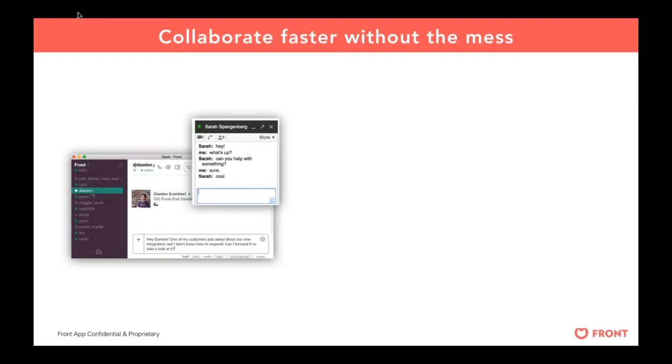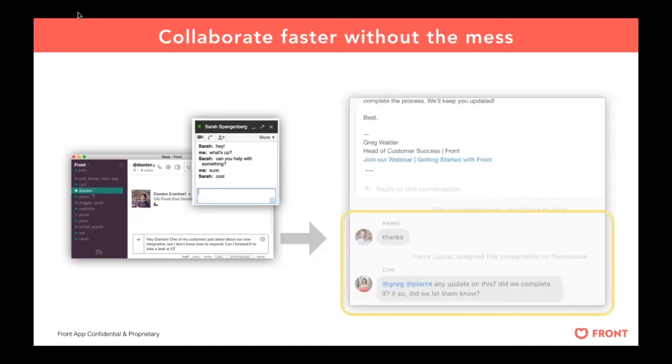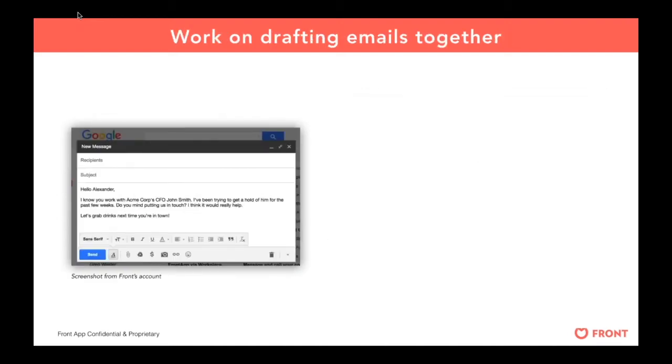Now, while clear ownership is important, tackling things together to get things done faster is super important as well. People use Slack and Google Chat to talk to each other throughout the day, right? They work just like real life conversations, like, hey, how's it going? I need some help, what's for lunch? So we sort of took the same concept of that real-timeness and brought it to Front where